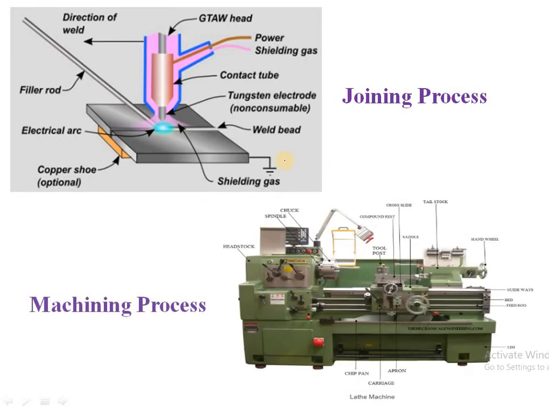Next is machining process. So here in the image you can see this is a center lathe machine. Now on this various machining operations are done once the product is manufactured to obtain a high accuracy or high finish surface, or to make any changes like drilling a hole, giving taper. After manufacturing a product, various machining operations are done by this machining process. Nowadays, there are various machines used like CNCs.